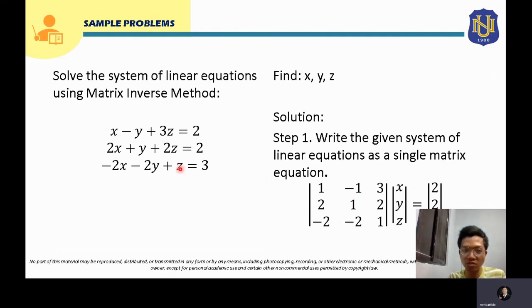For the coefficient matrix, that will just be 1, negative 1, 3, and then 2, 1, 2, and then negative 2, negative 2, 1. So that will be the coefficient matrix. And this column matrix will just be the unknown variables x, y, and z. And we will equate this to the constants 2, 2, 3. So after step 1,